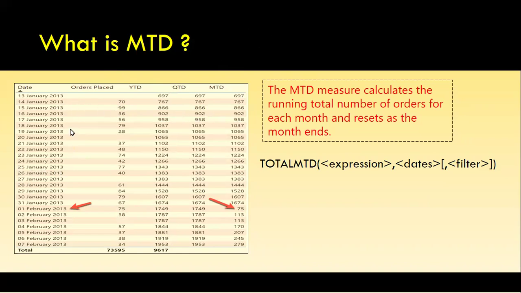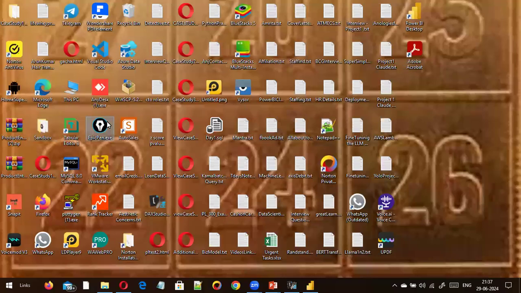If you see the 14th January, 70 orders we received. Previously, my month to date was 697. If you add that to the 14th January number of orders received, you will get almost 767. If you see across the periods, like year to date, quarter to date, month to date, the same value is there. So the basis for this is